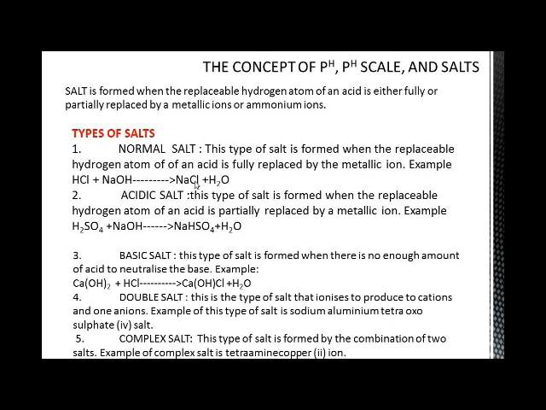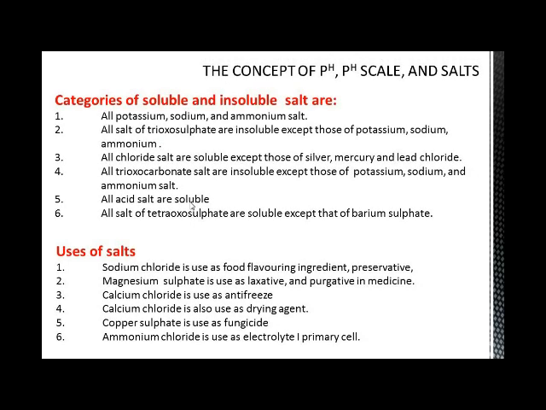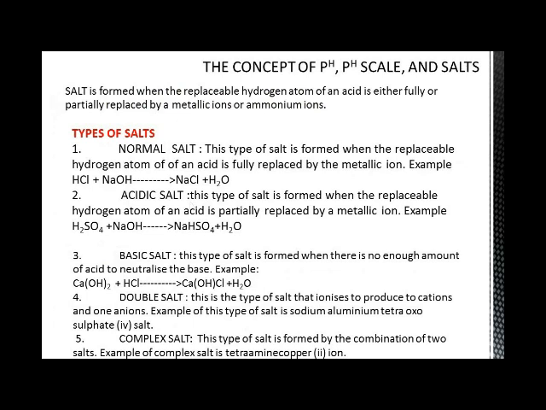Another type of salt is what we call the acidic salt. Acidic salt is said to be formed when the replaceable hydrogen ion of the acid is partially replaced by the metallic ion from the base. Now, an example of acidic salt is the reaction between sulfuric acid and sodium hydroxide to form sodium hydrogen tetraoxosulfate 6